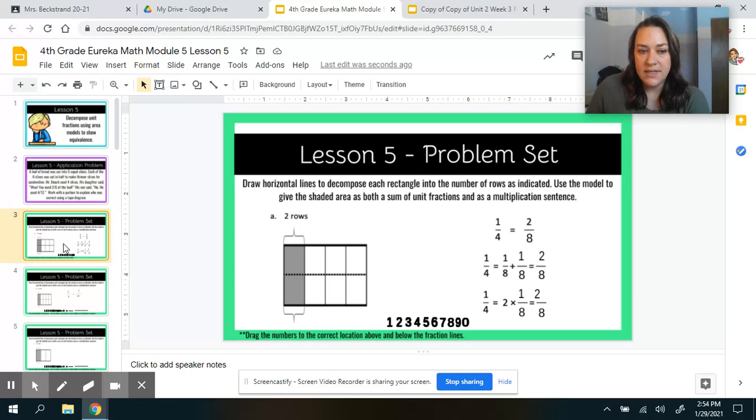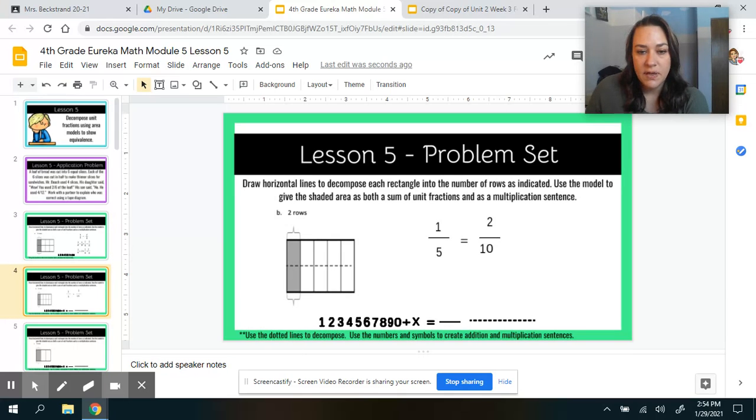So when I give you guys the practice, I'll include this one that we did together so you have this example. Okay, so remember, you can do this all on paper. You do not have to do all the clicking and dragging, but you can do it on paper if you would like. So we're gonna say 1/5 is equal to, and we're gonna use an addition sentence to represent 2 tenths, is equal to 1 tenth